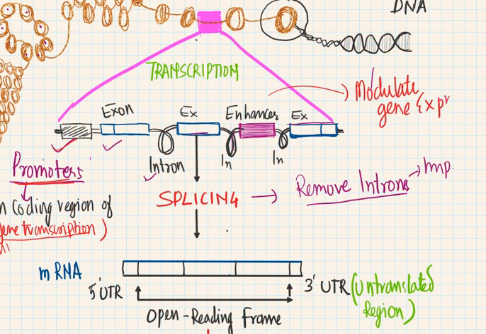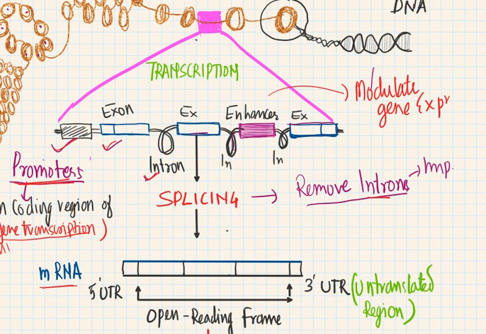Okay guys, so these are exons and introns. What is this? This is a nucleotide sequence. Exons and introns are nothing but the nucleotide sequences in our genes. But when we do splicing, we remove the introns, and only the exons will covalently bond and go into the mRNA. So these introns will not go into the mRNA.